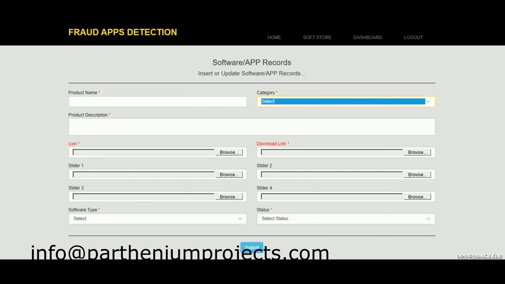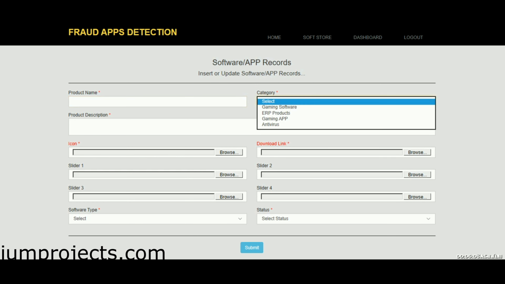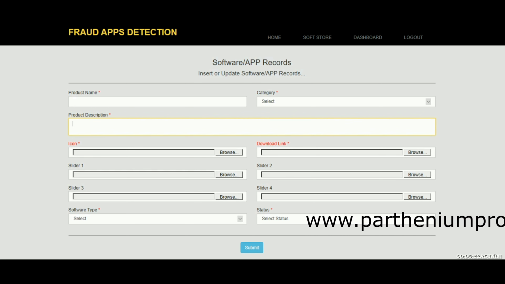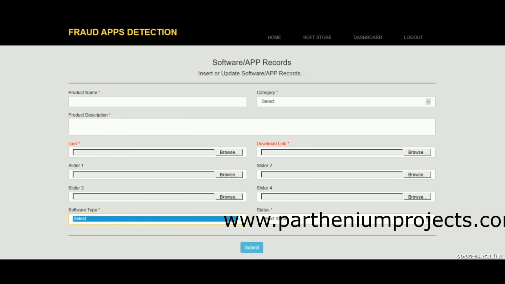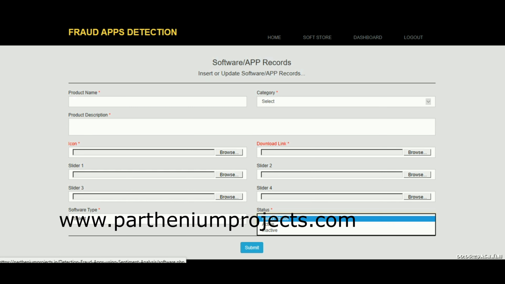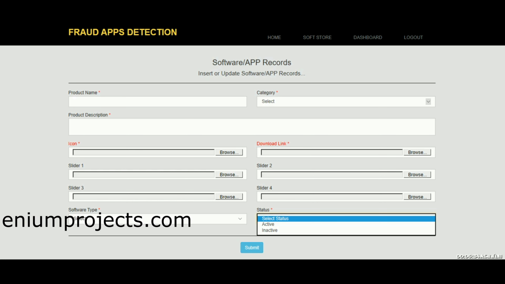So software adding is nothing but here you need to add the product name, the category you need to press, then you need to give the product detail description, then you need to give the icon, then you need to browse the different images here, 4 images, then you are going to link the download link, then you are going to give the software type, then status, then give submit. You are going to add your software here. So this is about adding the software.